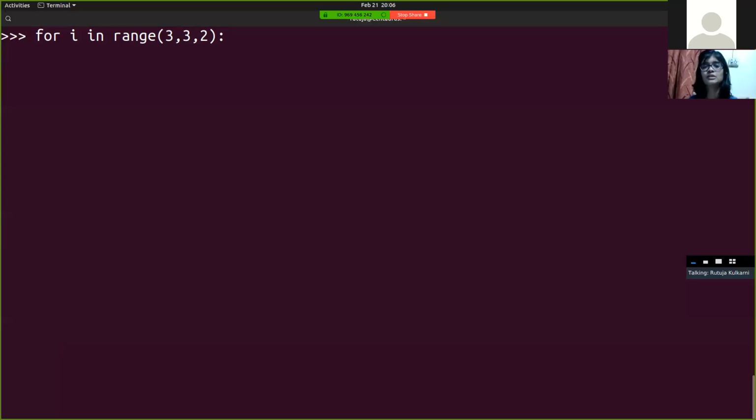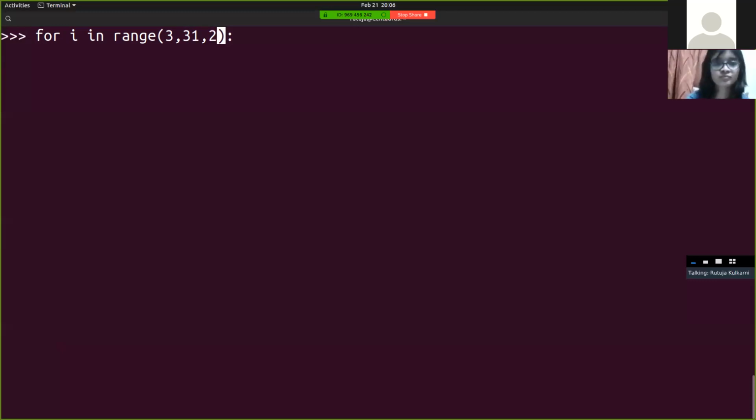To get a table of 3, if we mention 34, it will show us from 3 up to not just 30, but it will also mention 34. So we can put here 31 or 32 or 33, because it will take the output until 33 minus 1. So the range of this for loop would be 3 to 30,